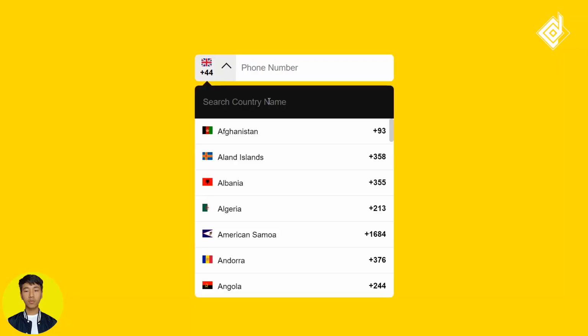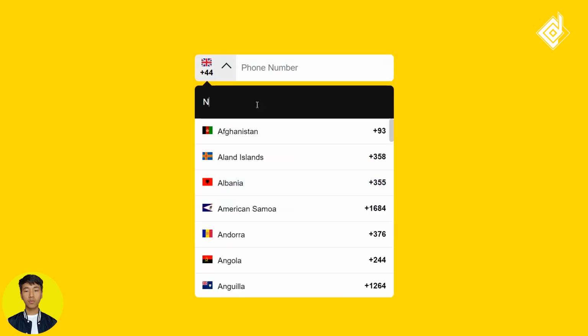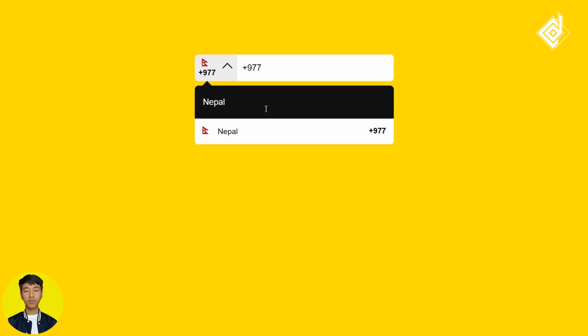Let's check it out. If I type unite, what if I type my country name? Okay, did you see that? As soon as there is any update in your search bar, you will be able to show and hide any specific country that matches the search query. When you select that specific country, you will be able to get that country flag and code, but once again when you open your drop down list, did you see that? In your input field, you are still getting the previously searched country name, and in your country list you are able to get only that country name that you have searched.